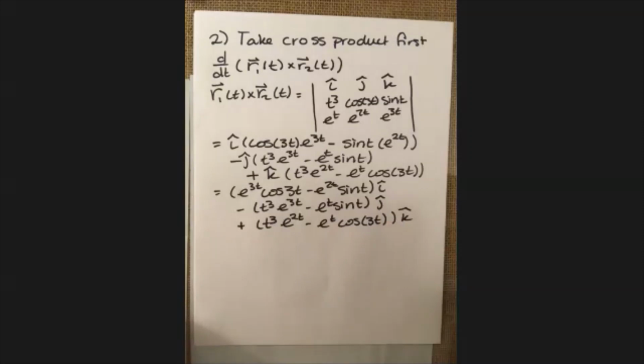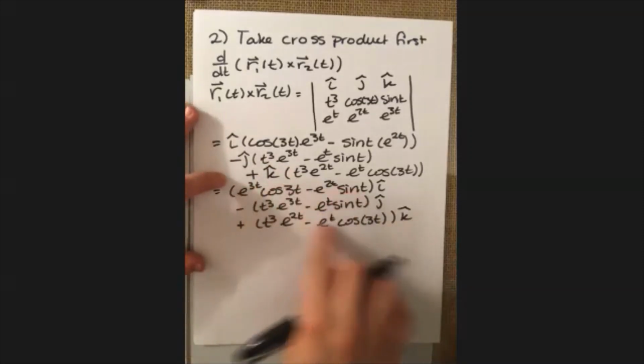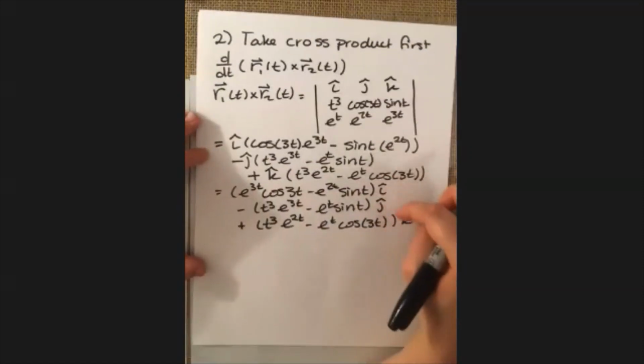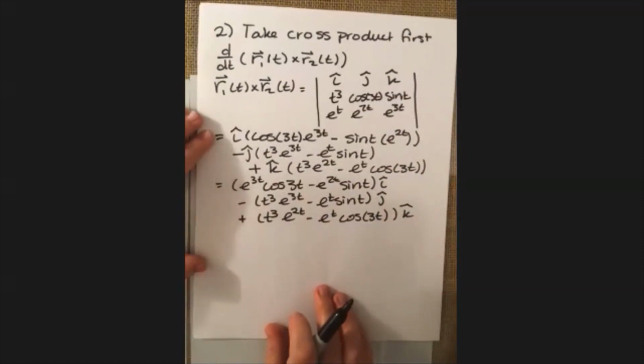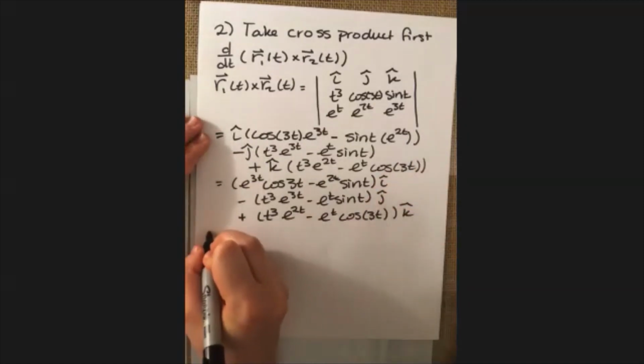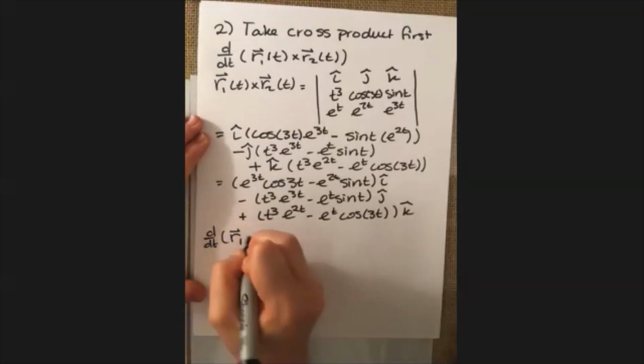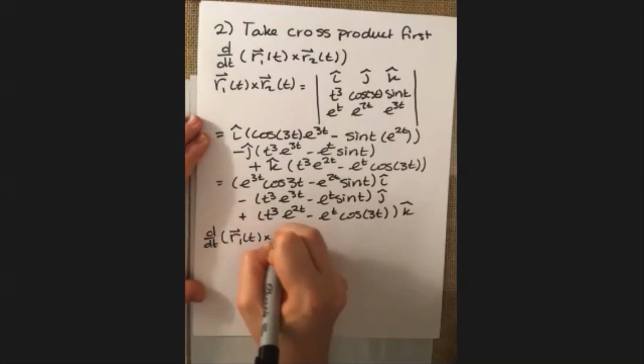And so now all we got to do is actually just go through and take the derivative of each one of these pieces here. I'm going to go ahead and keep the i hat, j hat, and k hat notation just to keep things a little bit cleaner. So if we want to take the derivative of r1 cross r2,